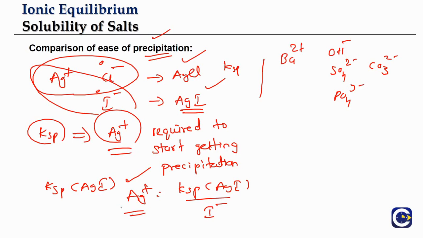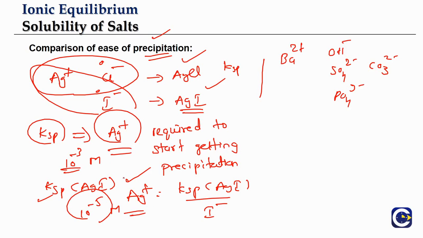Now between these two, whichever is lower. Let's say for example we get the Ag+ concentration required for the precipitation of AgCl is, just taking some numbers, 10 power minus 3 molar. The Ag+ ion concentration required for the precipitation of AgI is, for example, 10 power minus 5 molar. Means what? As low as 10 power minus 5 molar itself, the AgI is going to be getting precipitated. The AgCl will be precipitated when the concentration comes to 10 power minus 3. So which is going to be relatively easily getting precipitated? It is the AgI.